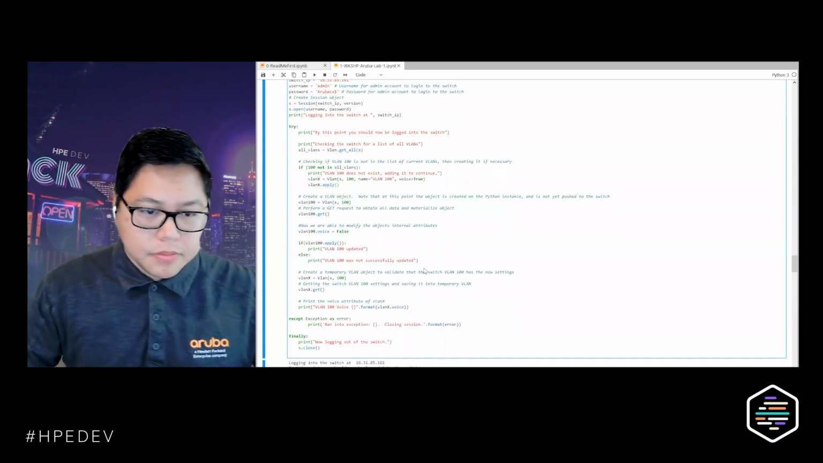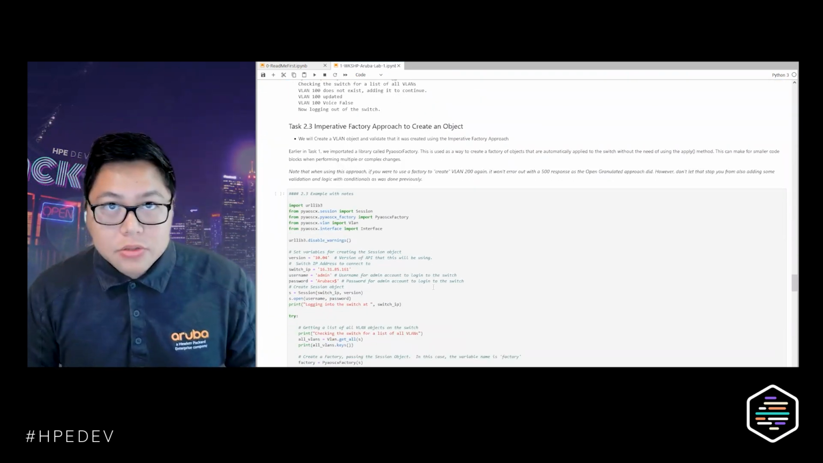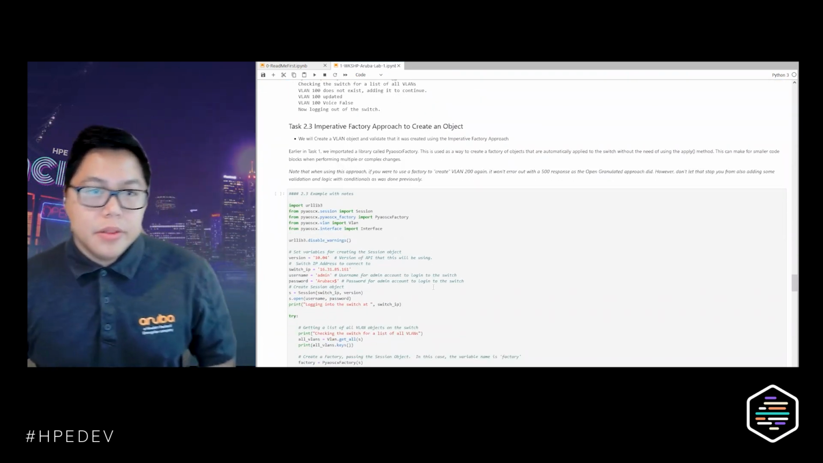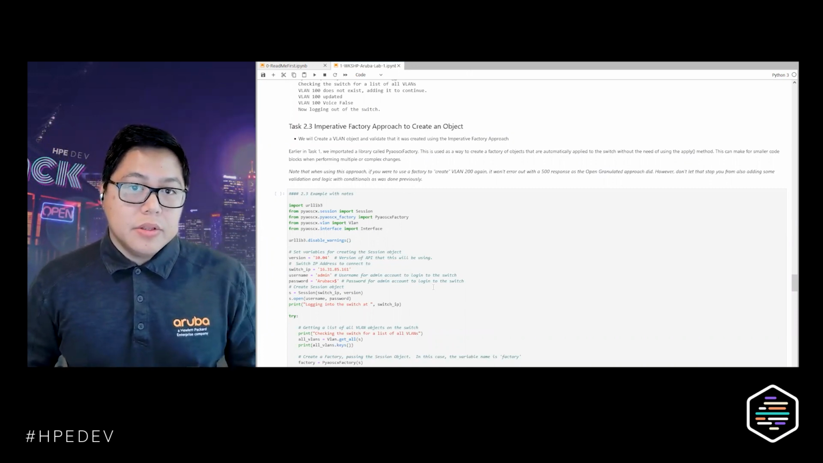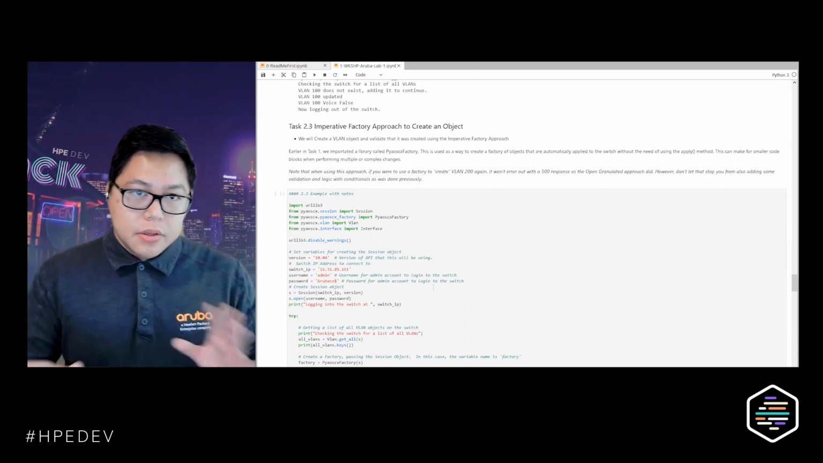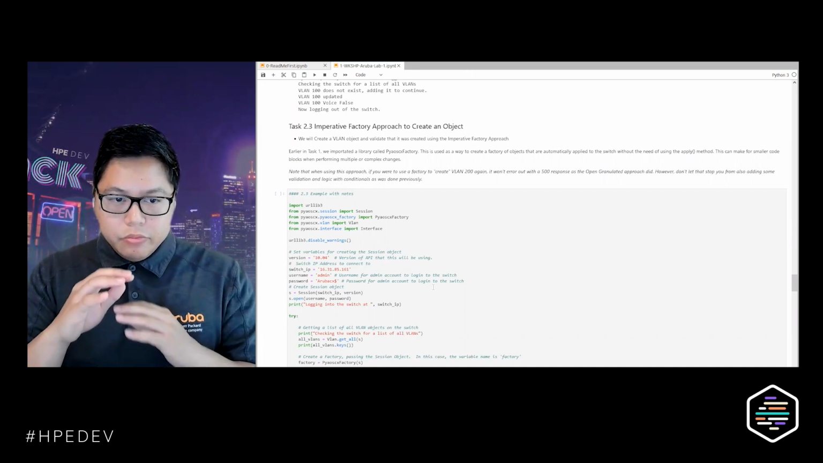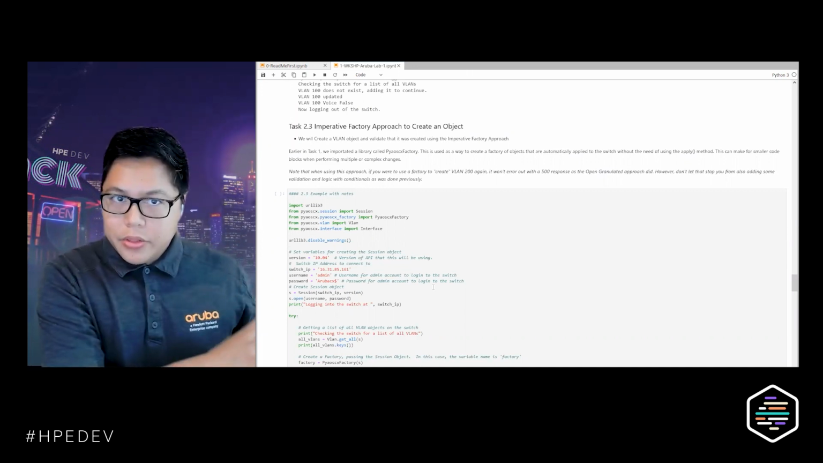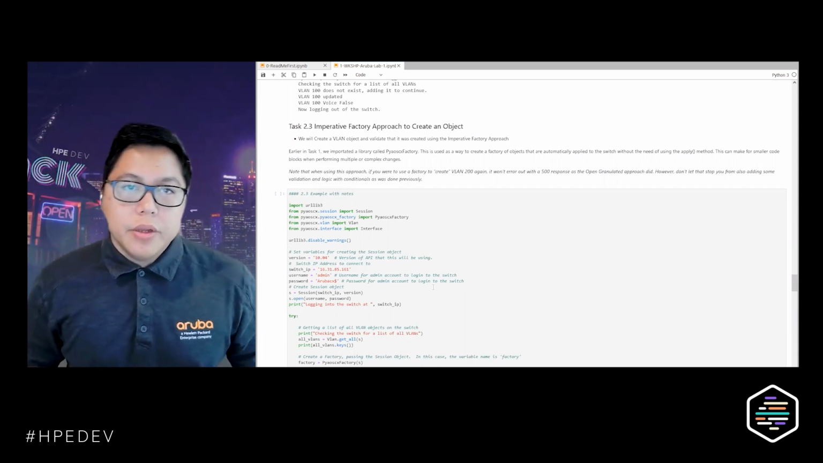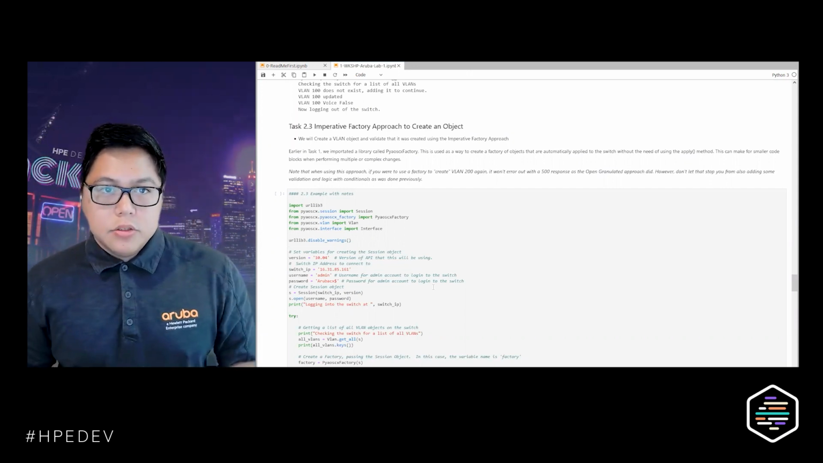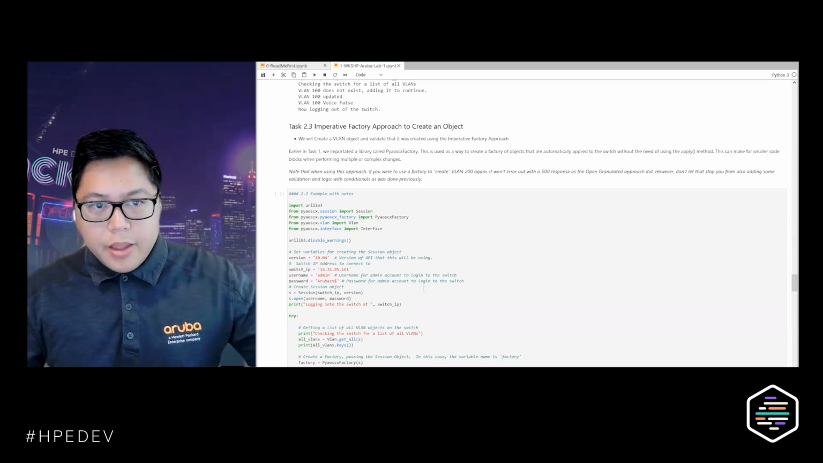Okay, so task 2.3 is now using that factory pattern to create an object. And this is where we're going to create a VLAN object and validate it using this factory approach. So we're putting aside what we've done previously, but we're still remembering it. Later on in task 3, we'll actually do a direct comparison to really look into it. But for now, we're just going to keep that in the back, and now we're going to learn